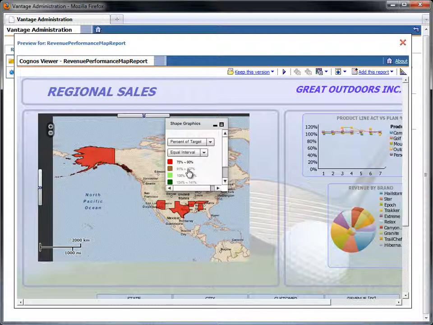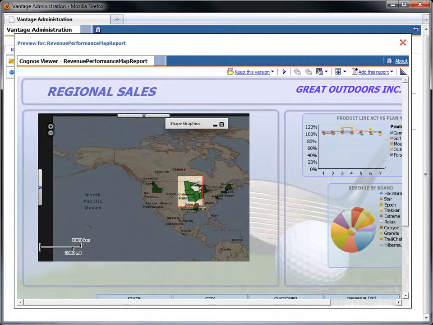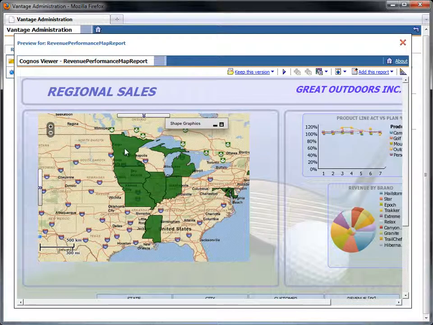And I can just as quickly see where things are going well, and I see that my Midwestern region is really rocking. Maybe time to get my southern US managers talking to my Midwestern managers to see what's going on there. Unlike static IBM Cognos maps, these enterprise-scale Esri map layers have built-in spatial intelligence with automatic zoom and pan